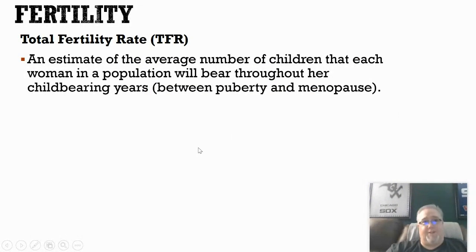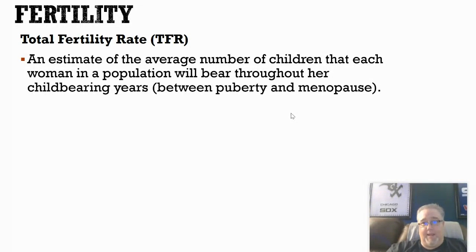All right, we have a term here. It's called total fertility rate. This is a fairly simple term, and I'll just read it to you. It says it's an estimate of the average number of children that each woman in a population will bear throughout